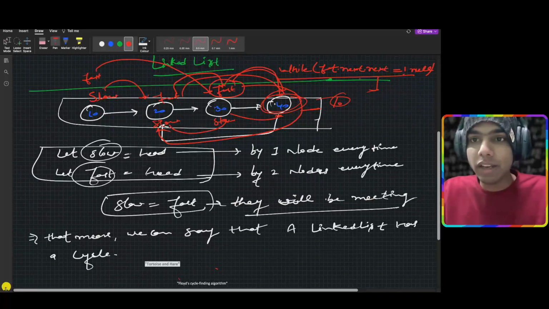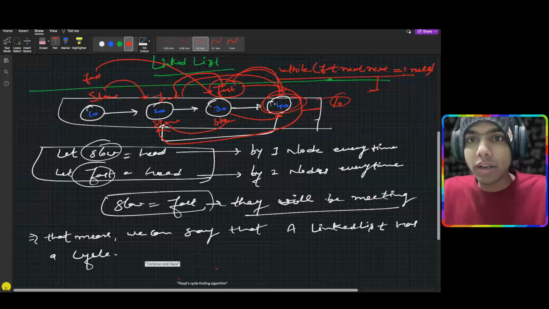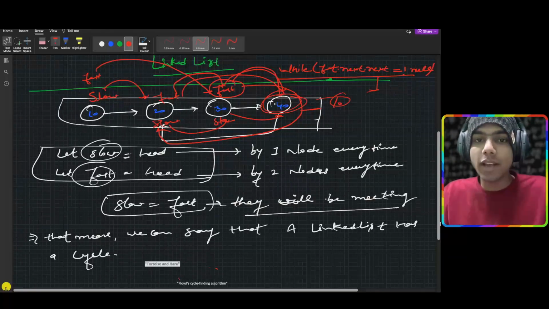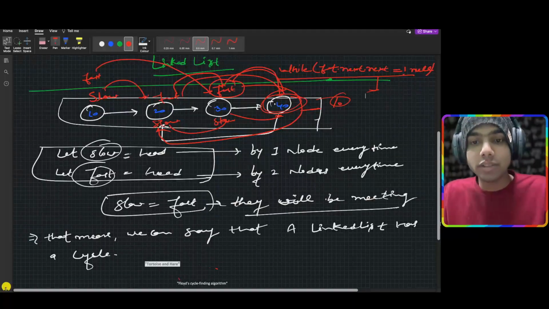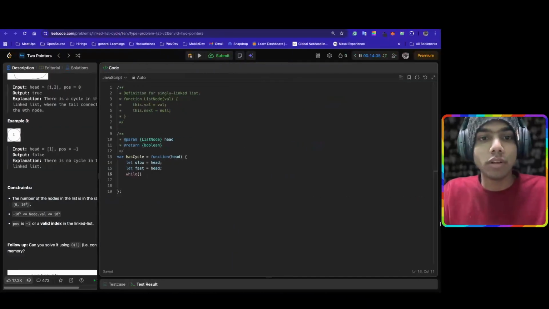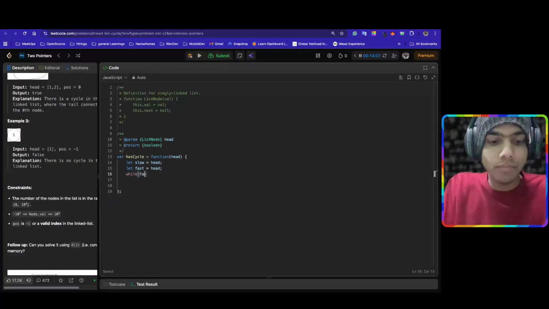Yeah. And if it's terminating now, so we can say that it's terminated and there's no cycle. If it's not terminating, it is just looping in itself. That means there is a loop. So while fast